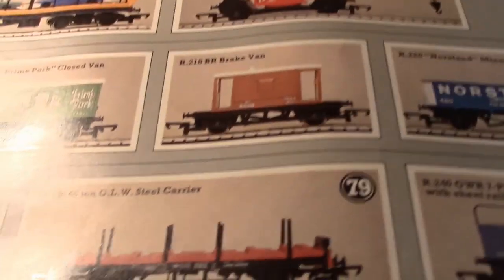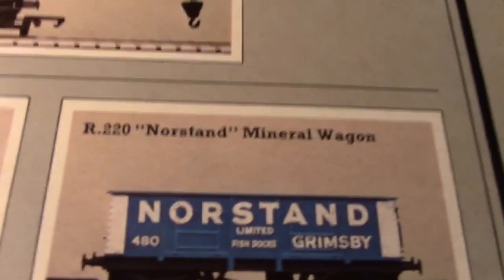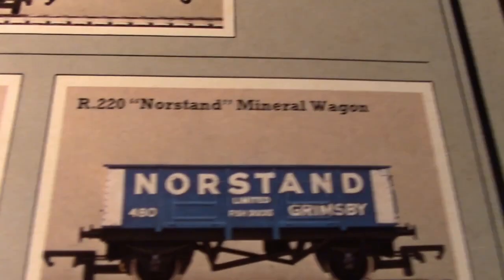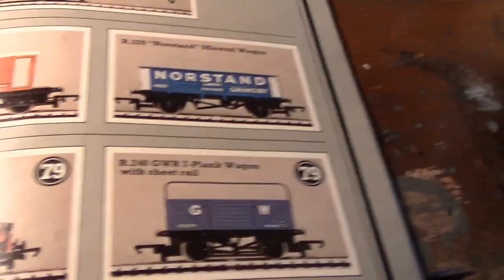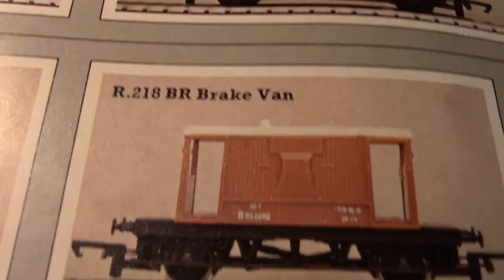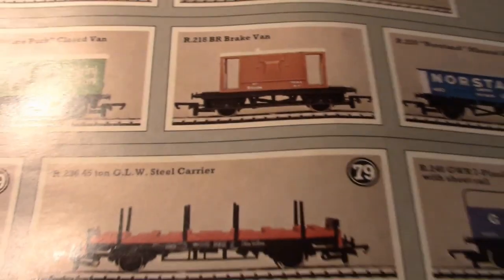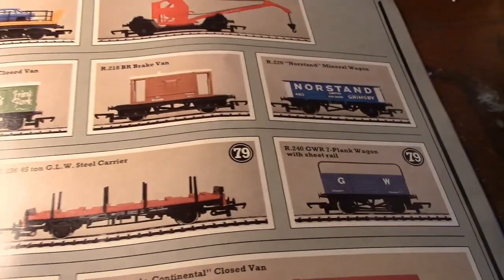Right, so if we look at these wagons here, the catalogue number there is R220, and this is from the 1978 range, so that's the one that we've got there. An interesting one also is this R218 British Railways brake van. Again, this is the 1978 catalogue, so I was quite surprised when I picked up